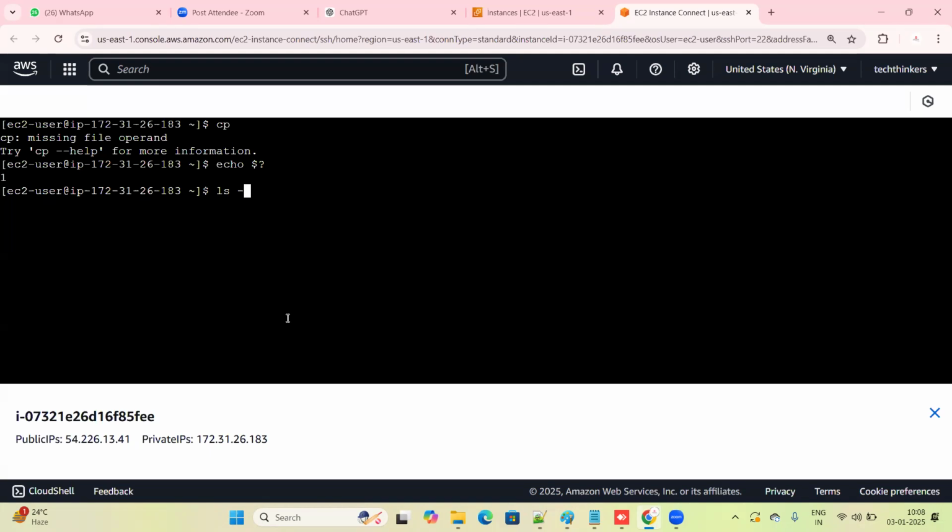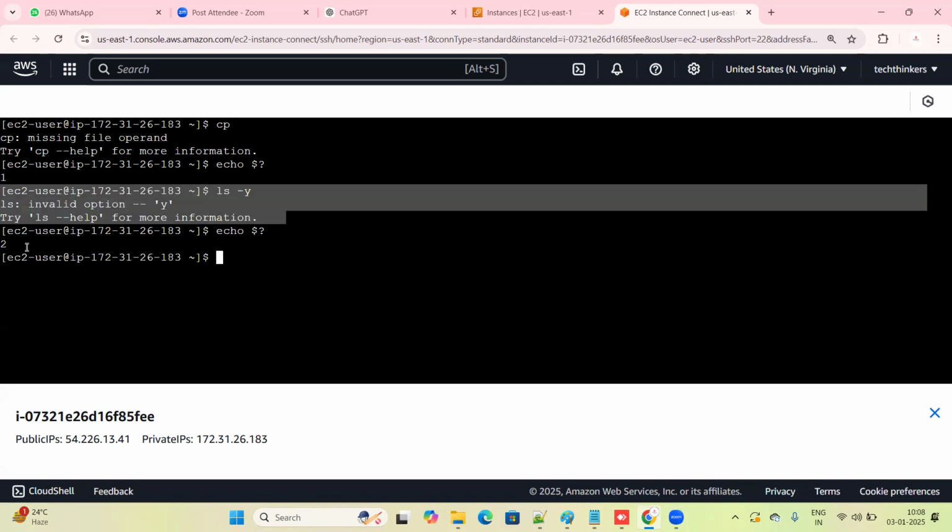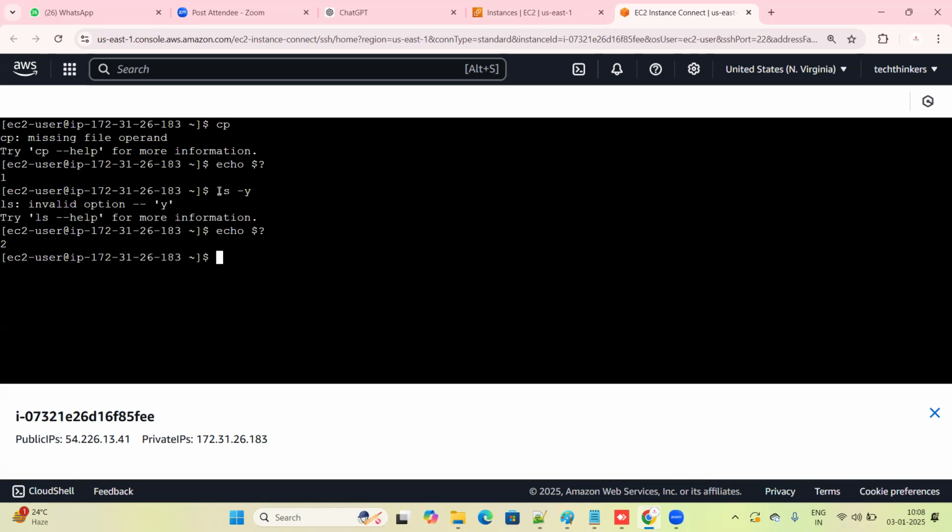But if we give some option like ls -y, I don't know what ls -y is. It is unable to understand what -y is. You are passing some argument from the terminal, but it could not understand what this argument is. When you run echo dollar question mark, it says exit code 2. If I am passing an incorrect argument,